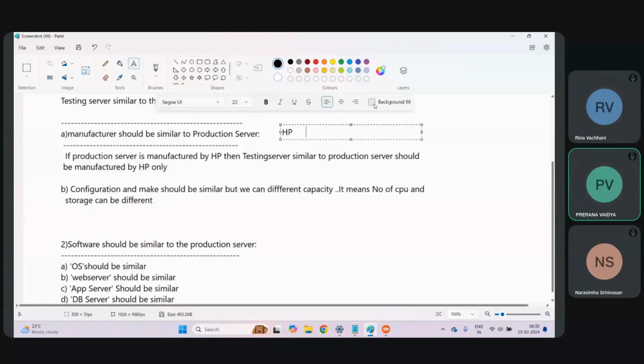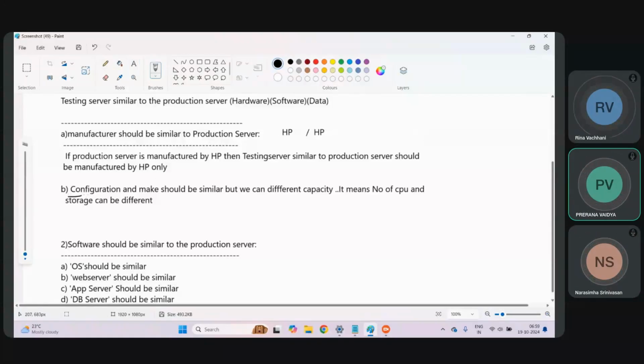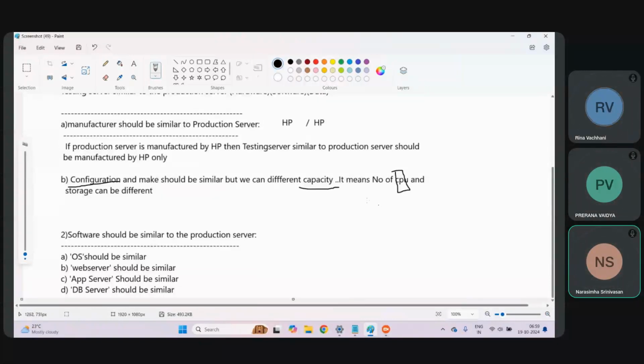Then I will use HP as hardware. Similar, no? Yes, sir. If the production server is manufactured by HP, then the testing server similar to production server should be manufactured by HP only. And configuration, as you are saying, should be similar. It means the capacities, such as the number of CPUs, may be different. CPU means, again, what will it do? It will store some